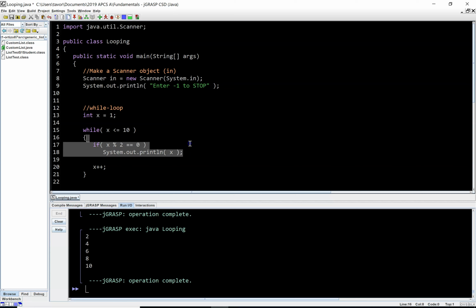And let me erase this, and let's talk, because I'm gonna leave what I need for a for loop. I need this, right? And so enter -1 to stop,